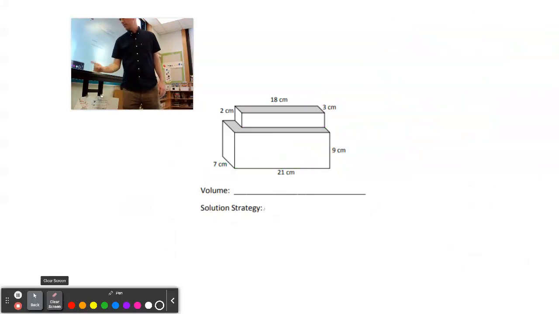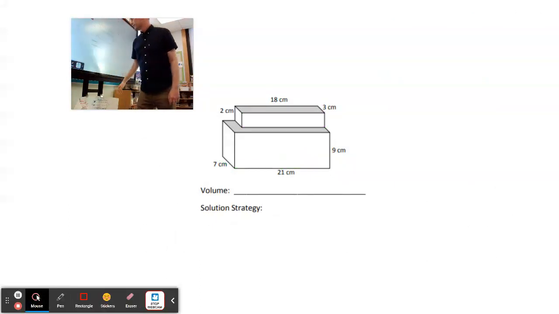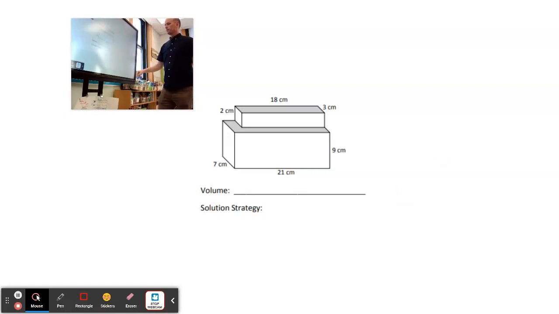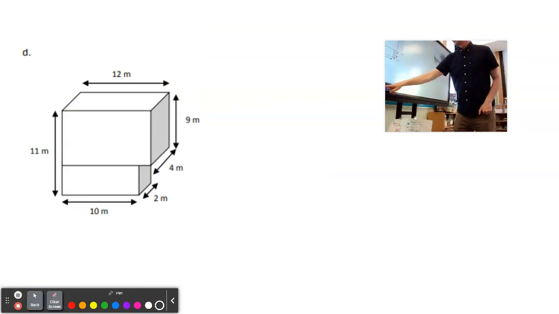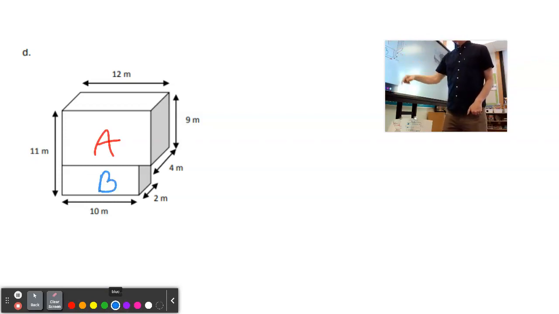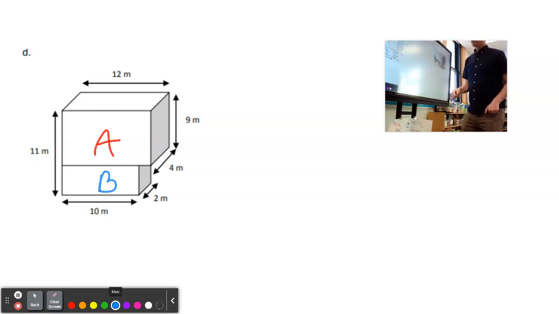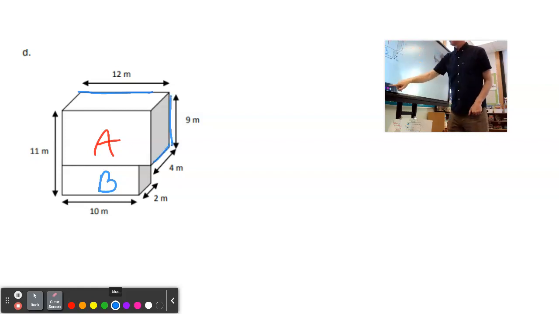We're not going to do a third problem, but we're going to look at the third problem. Okay. So on this one, I wanted to look at it if you were doing it. You would make an A, you would make a B. Okay. So A is pretty simple. You have your length, your width, and your height. Your length, your width, and your height. For B, your length, your width,